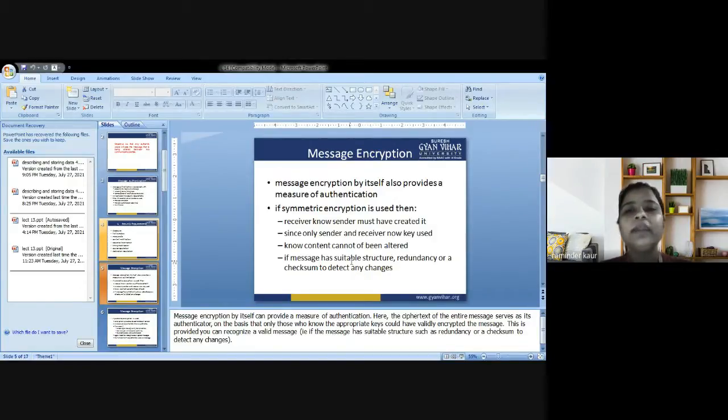If it is following a particular structure, let's say I am sending a message that has three parts, first, second and third, and it is received by the receiver as it is, then there is no problem. There is no integrity that has been altered, and there are no modifications or violations taking place when it is transmitted. So if it is changed, if there is some duplicacy or some minor change, then we are supposed to take some action against it.